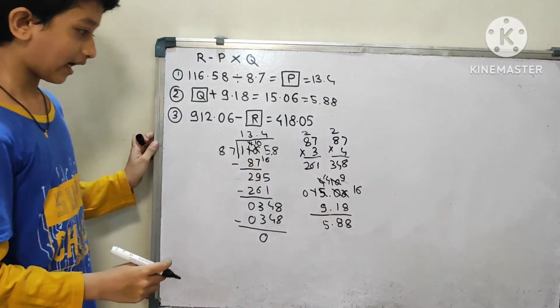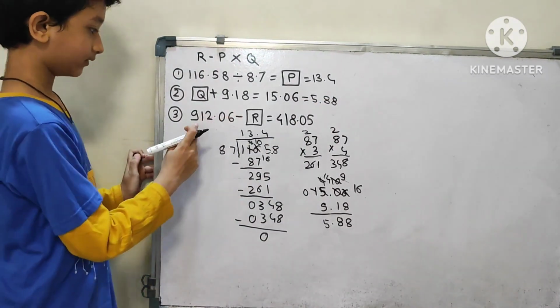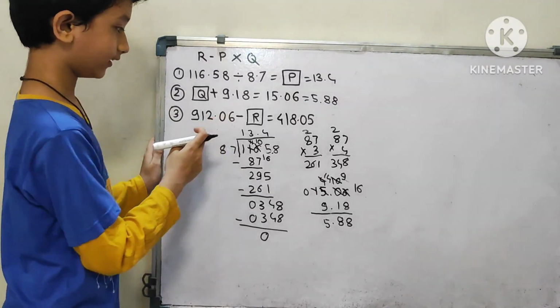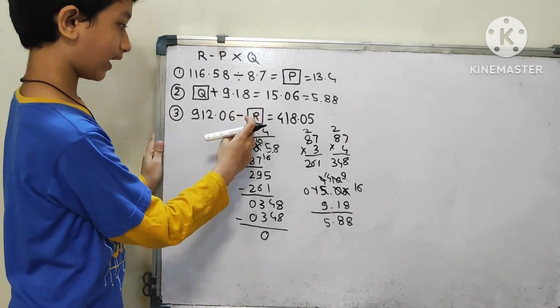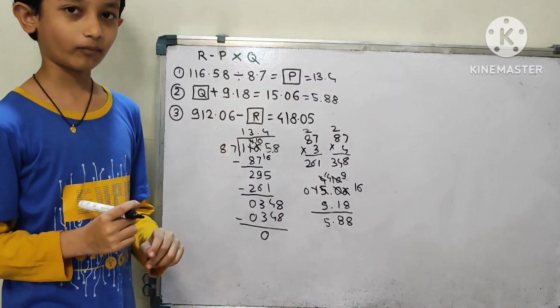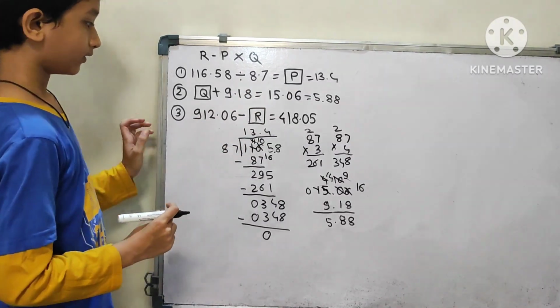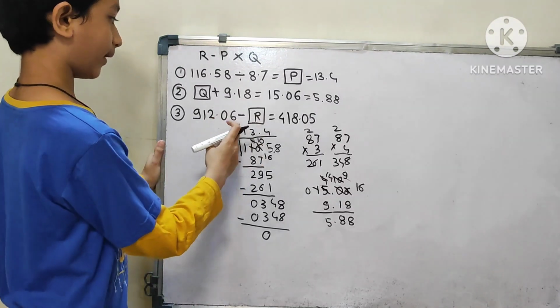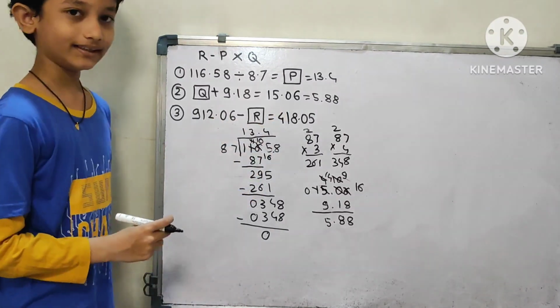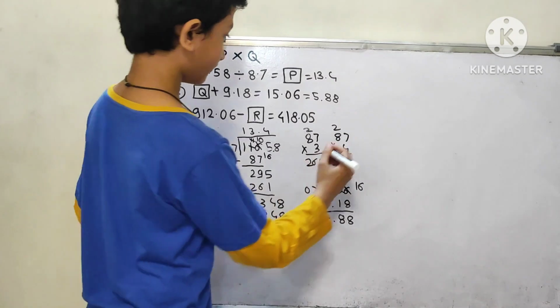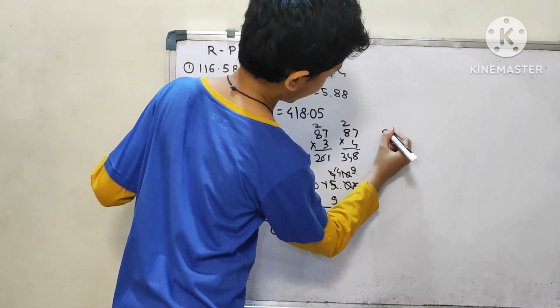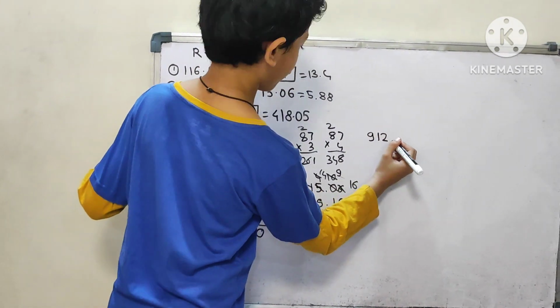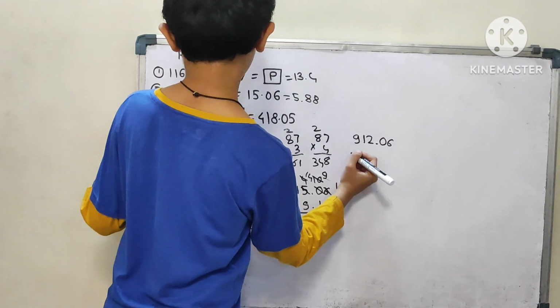So Q is equal to 5.88. Now here R, so 912.06 minus R is equal to 418.05. So we will subtract 912.06 minus 418.05. So we will do here 912.06 minus